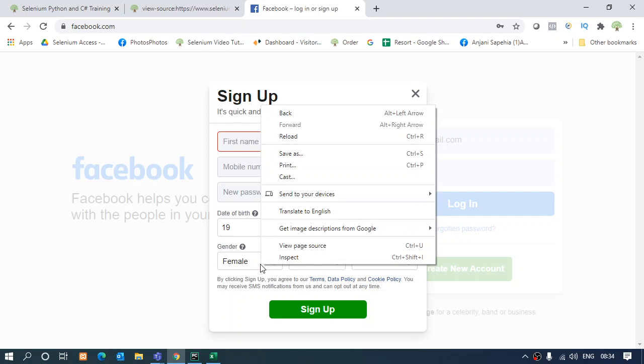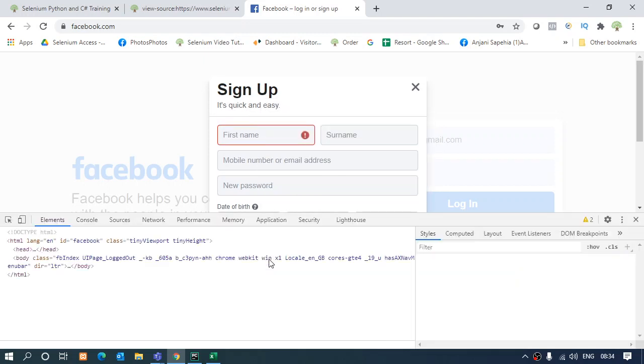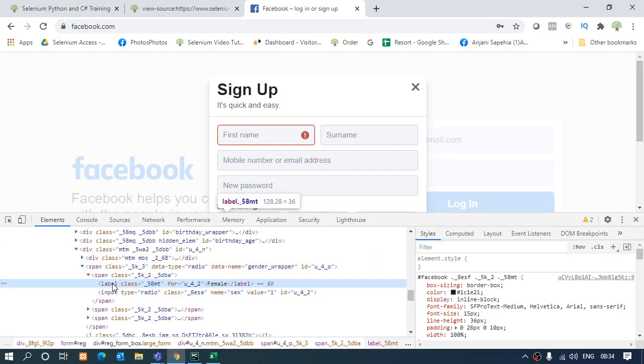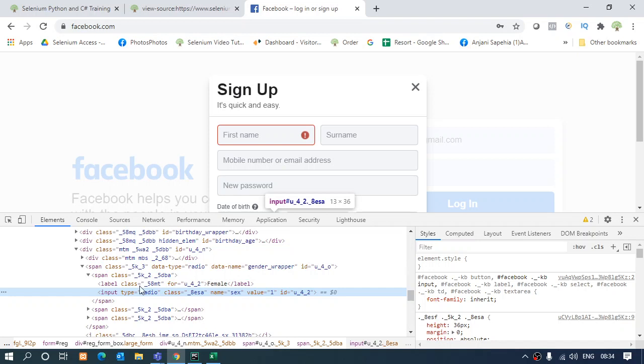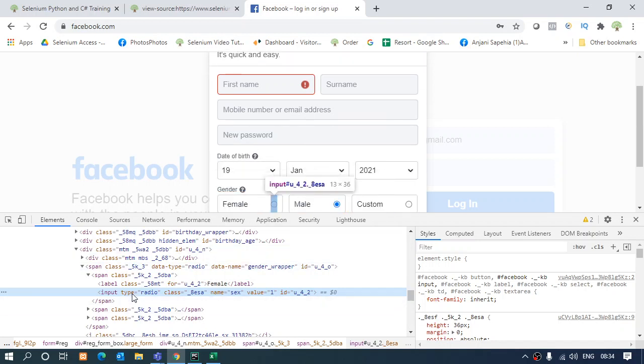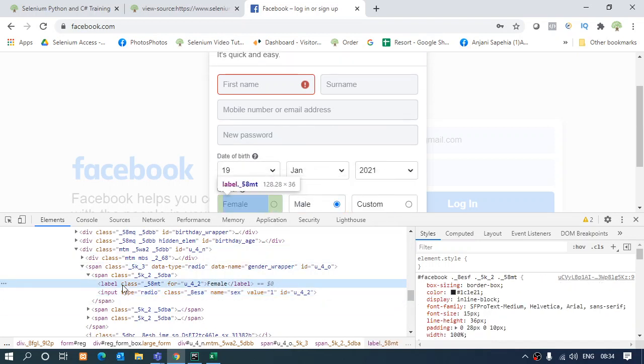Right, now if I inspect this radio button, what do I get? The tag name and the information about it. This is basically the tag. This is basically the radio button information. That is the name given to the radio button. That it is a female option of the radio button. Then it will be a male. So that's something else.